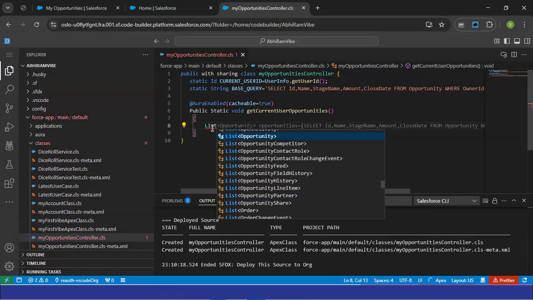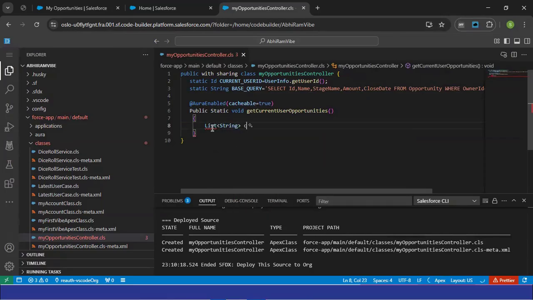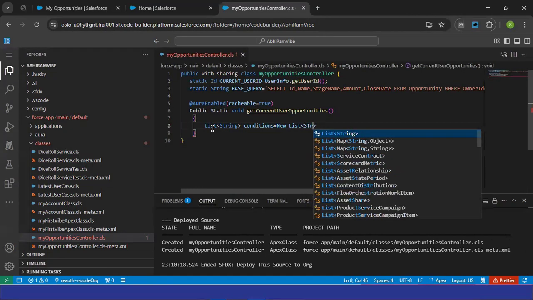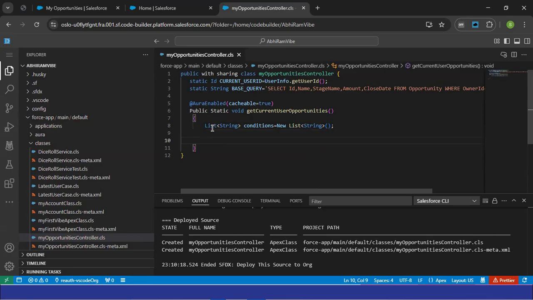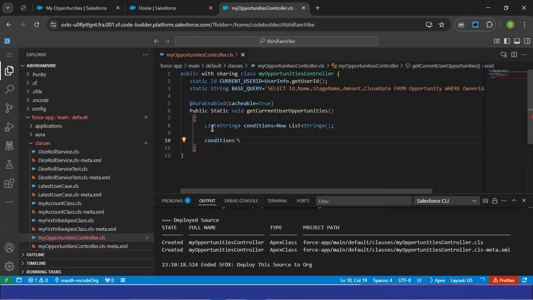So that's why here I'm going to take one list of string. I am going to build the conditions here. Conditions equals to new list of string. So first condition: by default on load of the component, we need to display the open opportunities, right? So that's why conditions dot add of. So here we can give the